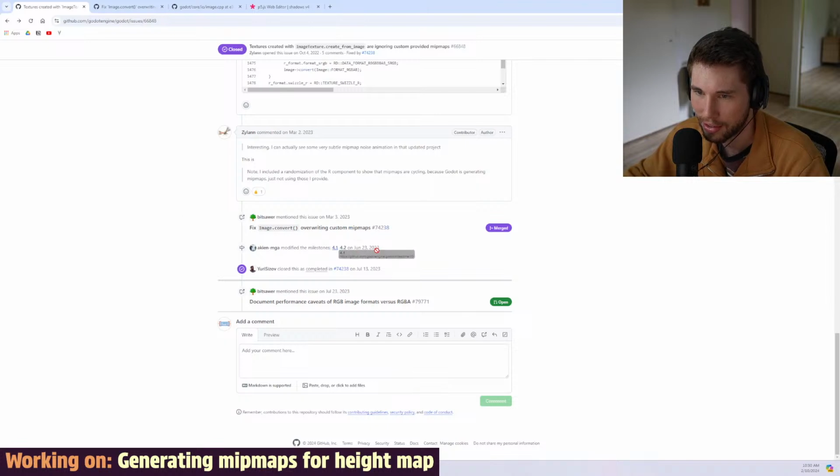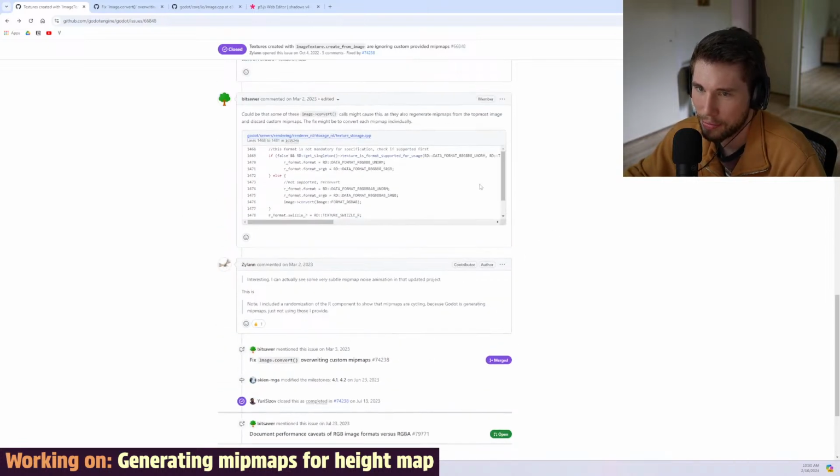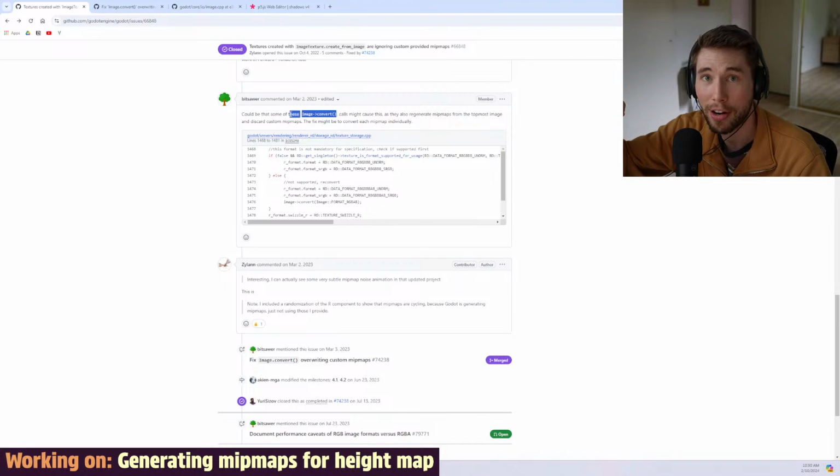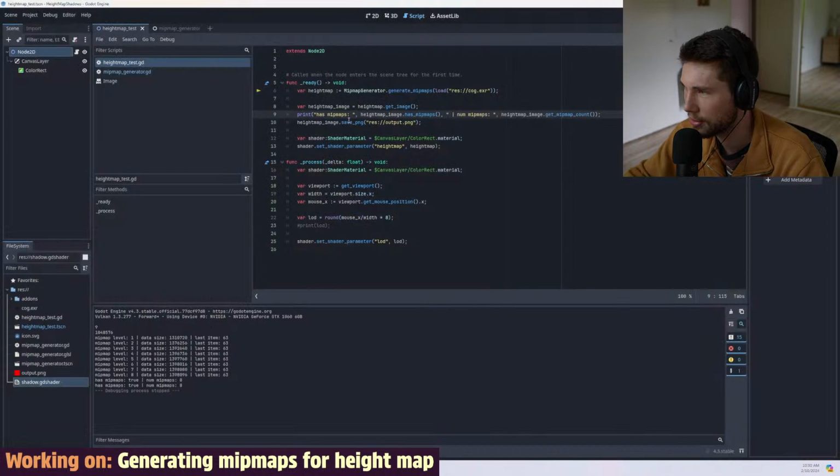And it says that it's merged in. So I think the issue was there was something getting called behind the scenes where the image was regenerating the mipmaps, so it was just overriding the custom mipmaps,